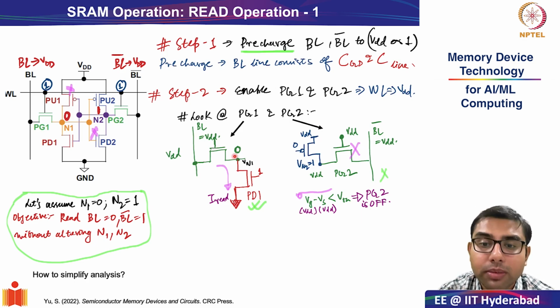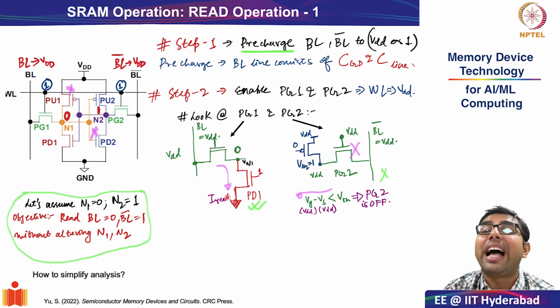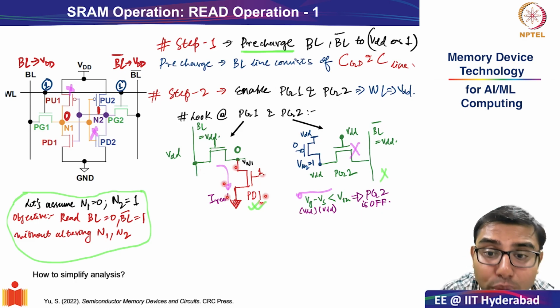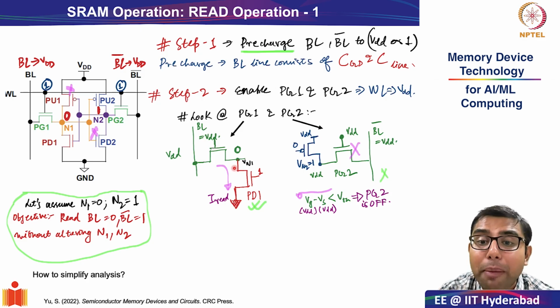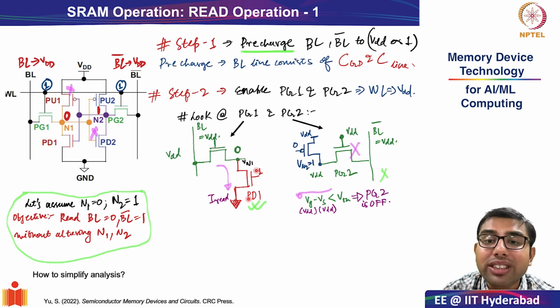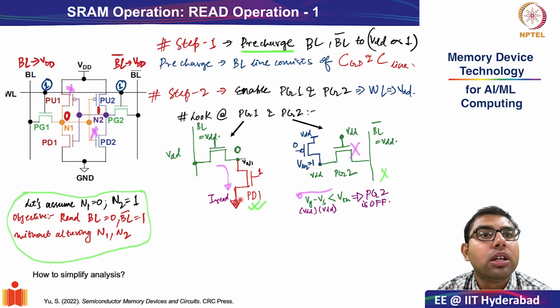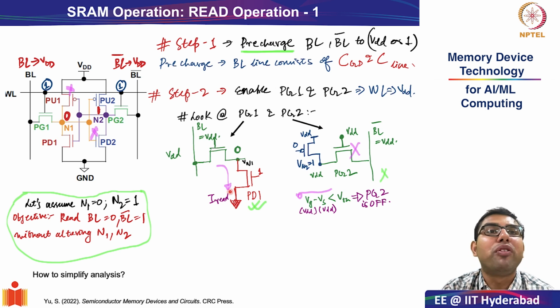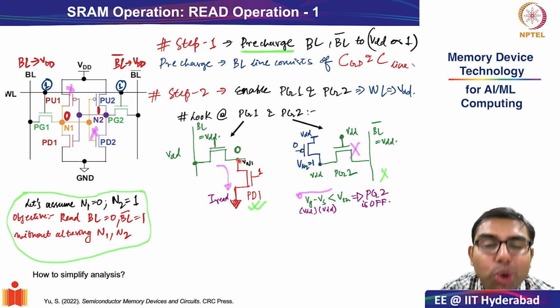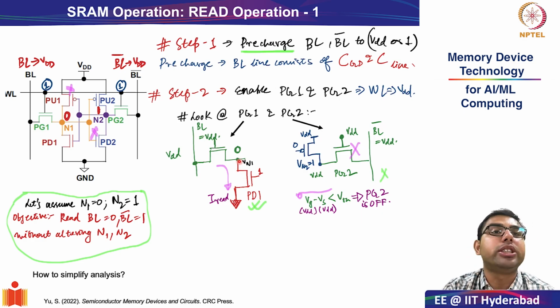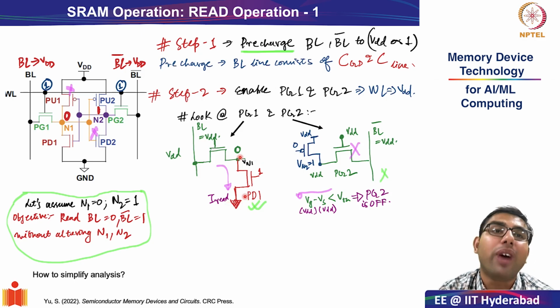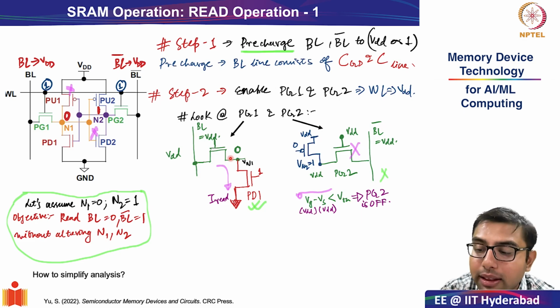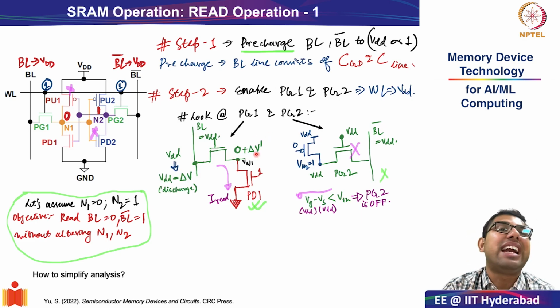What will happen as a result? Please recognize, if a read current has to pass through it, we need to carefully look at what is happening at PD1, which is also an NMOS. What is happening at PD1? At PD1, the source and drain are both connected to 0. If a read current flows through it, of course that is not possible as it stands. If a current flows through it, there has to be a potential difference between VN1 and the ground which is connected to the source of PD1. There has to be a potential difference. And this is what shows up as a plus delta V dash.